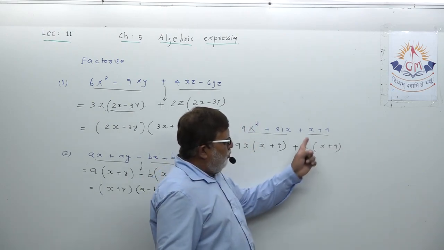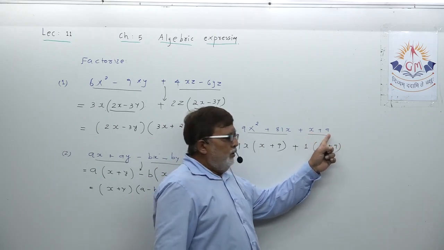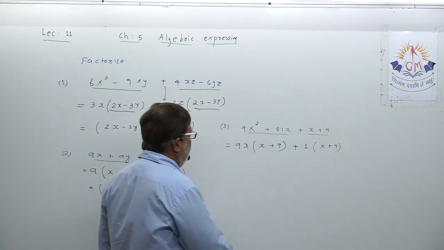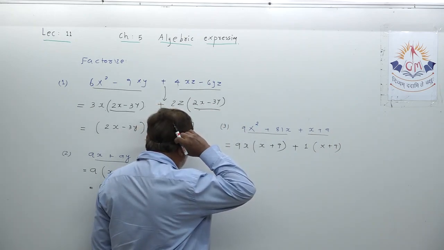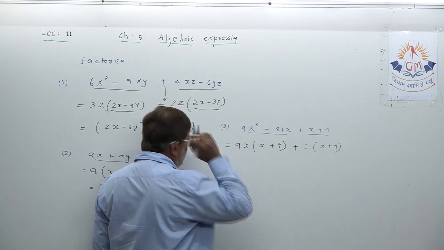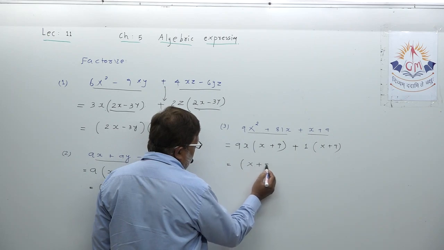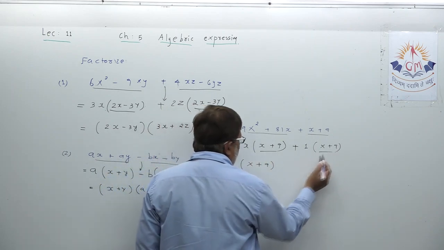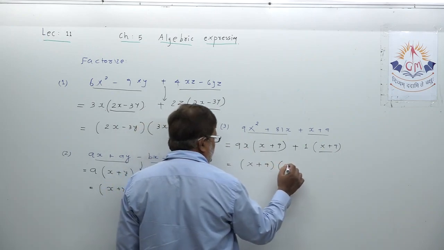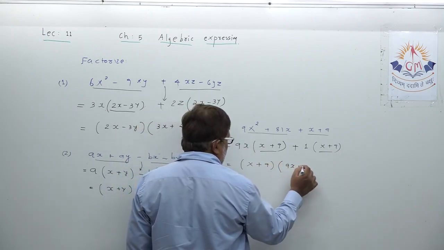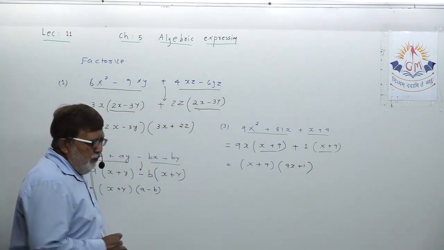Because when nothing is common, if you factorize x, x into 1, 9 into 1, 1 is common. Now a complete bracket is common, okay. So let me take x plus 9 as common, this bracket. Because x plus 9 is common, what is left? 9x plus 1. See dear student, this is called